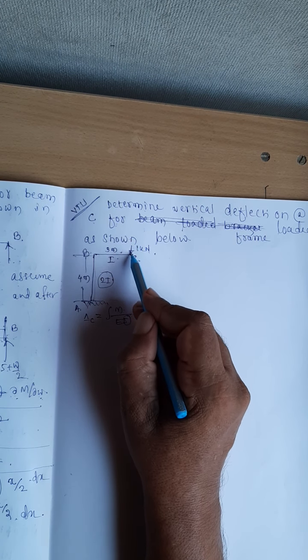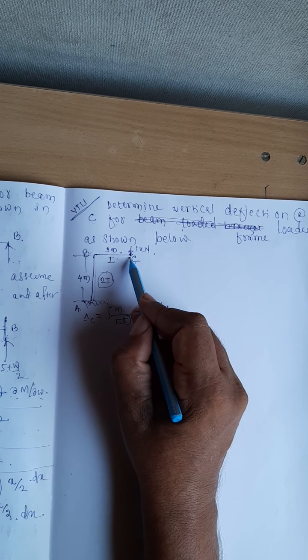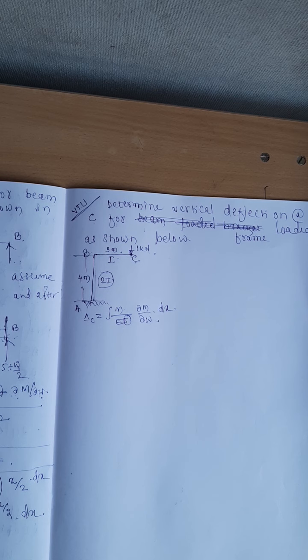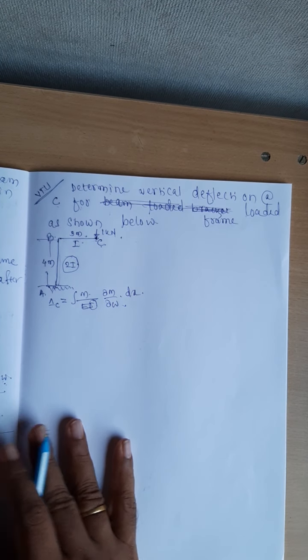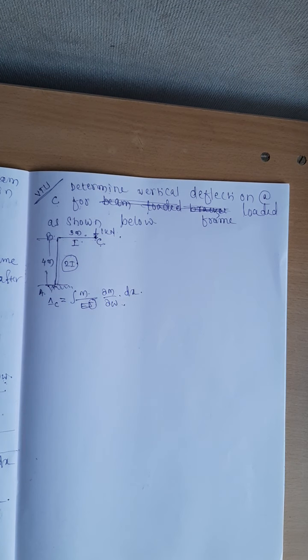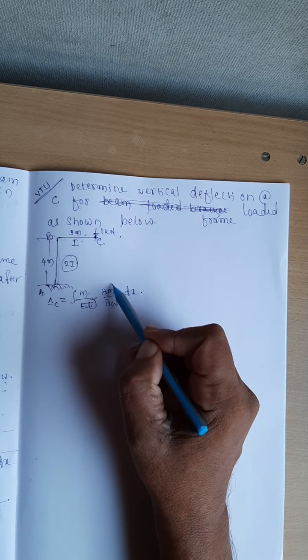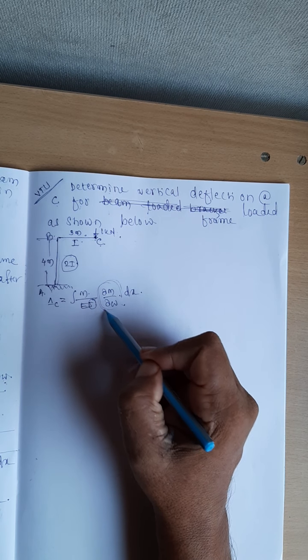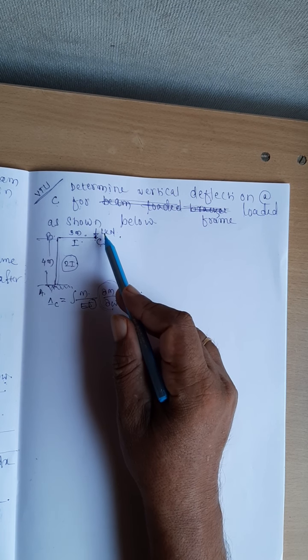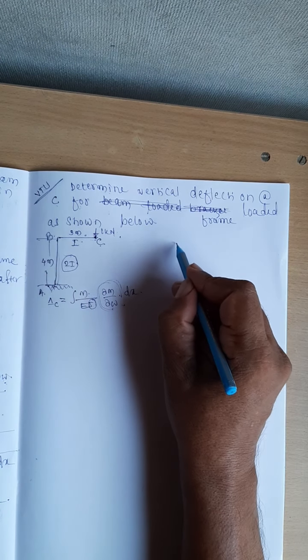No doubt he has given the load at the point C as 1 kilonewton, but we want the load in the form of variable W or something like that. Till the end, you take this 1 kilonewton as W and write the equation for the bending moment. Complete the calculation. At the end, you substitute the value of that 1 kilonewton. Otherwise, you cannot do this particular thing. You will feel a bit difficult in writing this power. That is why put W is equal to 1 kilonewton and solve the problem.